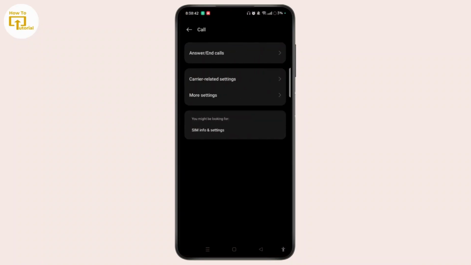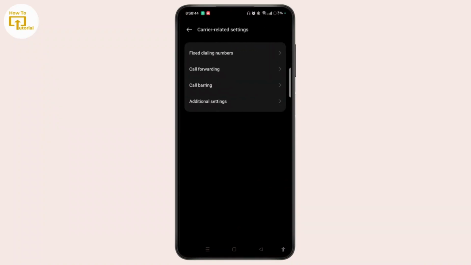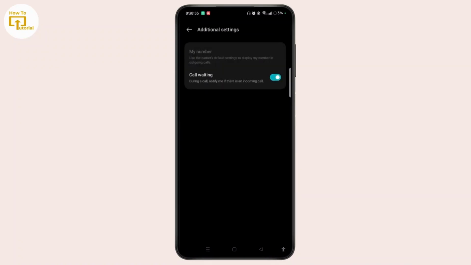Select carrier-related settings option. Here are the 4 different options. Simply choose additional settings. Wait until every option gets loaded. By default, my number option at the top has been disabled. So if you want to hide your number in Android phone,